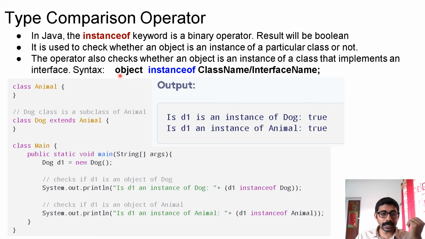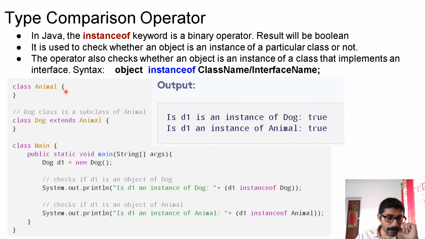So the syntax is something like this: the object which you want to check, then instanceof, then a class, or object instanceof interface. If you want to check whether this particular object has implemented a particular interface, use object instanceof interface name. If it is true, you can say that this object has implemented this interface. Or if you want to see whether this object is inherited or is of a type in that family, use object instanceof class name, which can be a superclass name.